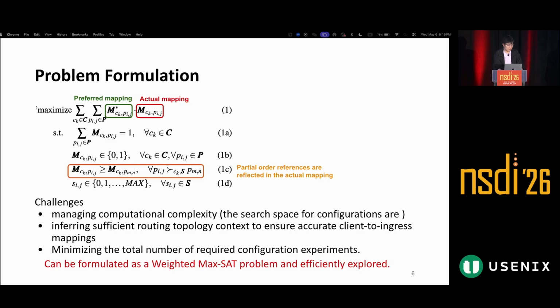So this problem can be formulated as a weighted max satisfaction problem, where each client requires some inequations, we call them constraints, to be satisfied. Like the Frankfurt user wants the Frankfurt path length to be 3 less than the Ashburn, etc. So we are trying to satisfy as many of these constraints as possible.